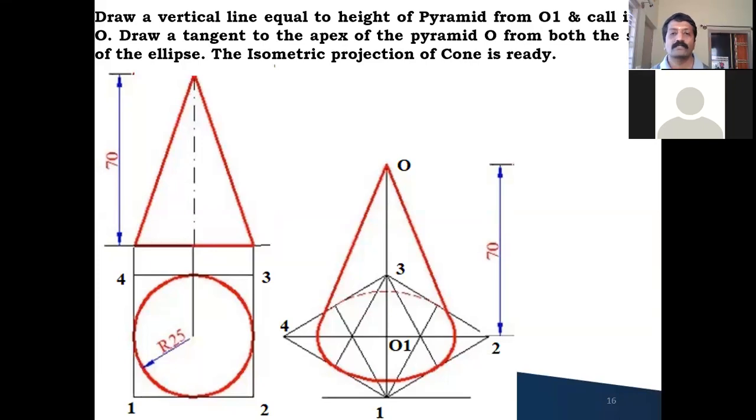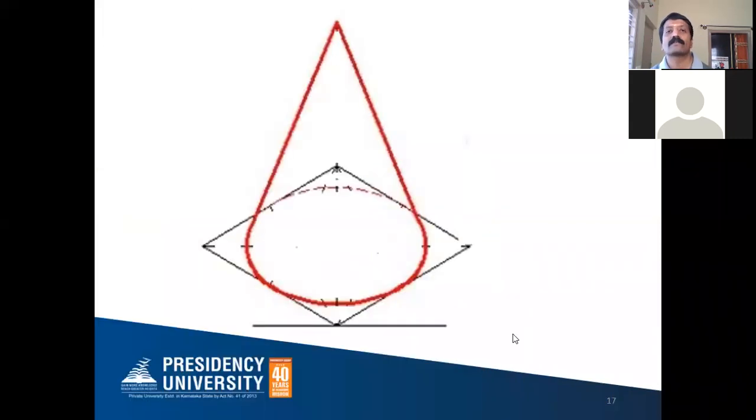Now at the end, we need to draw the visible and the hidden edges. See, you can see like this. If you tilt the cone like this, one half of your base you can see, the other half of the base you cannot see. That's why this is inside. So this half of the cone we have to highlight with the help of hidden edges, which we cannot see. And the tangent from the vertex or the apex we can see like this. So in isometric projection, the cone will exactly look like this.